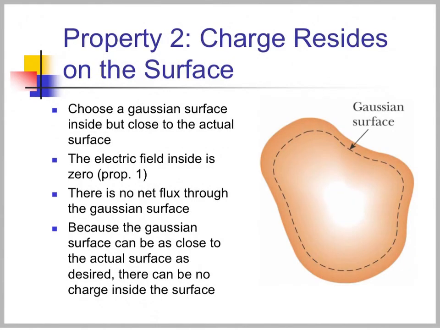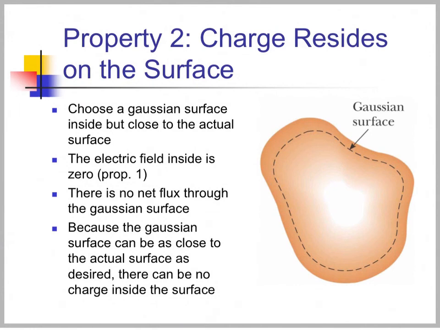All right, property 2, we said charge always resides on the surface. So here we have our physics potato. It's just a conductor. Let's say I've got a Gaussian surface, and we're going to draw our Gaussian surface inside, but as close as we can to the actual surface. Now, in equilibrium, we know that the electric field in here is zero. And if the electric field is zero everywhere inside the conductor, that means there can be no flux going through the conductor. If there is no net flux through that Gaussian surface,